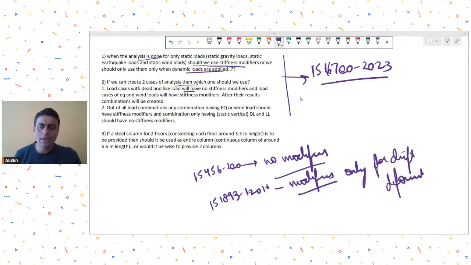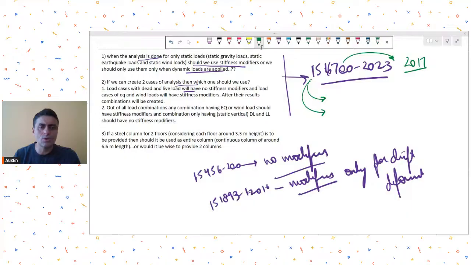But if you look at IS 16700 2023, and if your structure is more than 50 meters, so it complies with the scope of the 16700 2023 code. Then in this code, they have given you modifiers to be used. In the 2017 version of 16700, the language was slightly confusing. It was a great